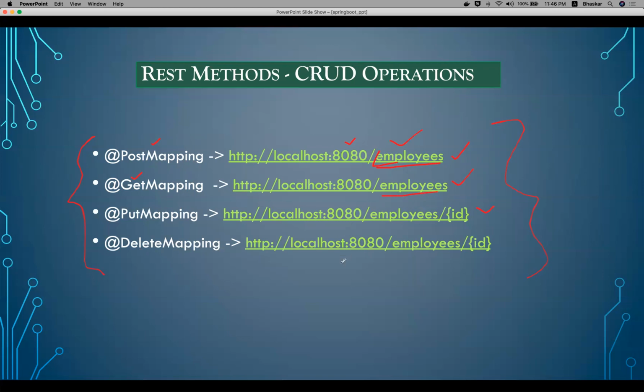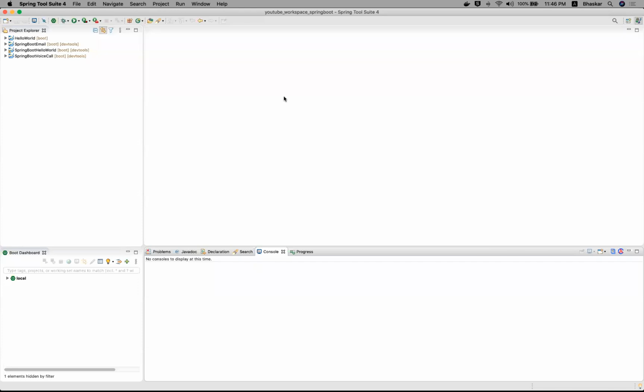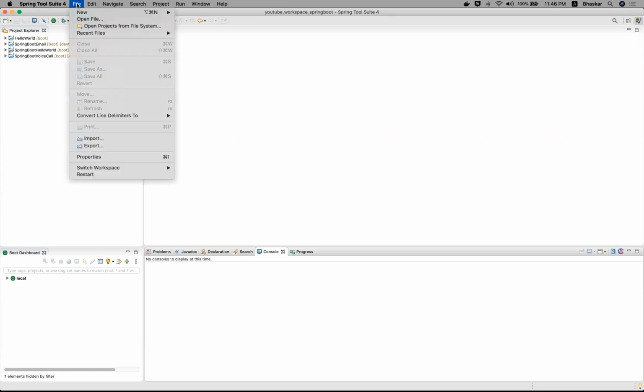Okay, so let me open the IDE. Here for our development purpose, I'm using Eclipse, the STS tool. You can use your Eclipse, and you can integrate the STS plugin also. Here, the direct way you can create the project is very easy. You can create applications very easily. Now try to see, guys. Let me create the project.